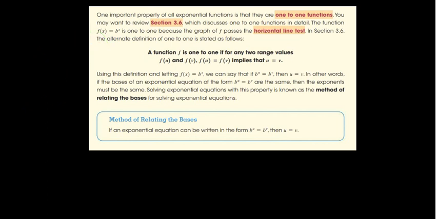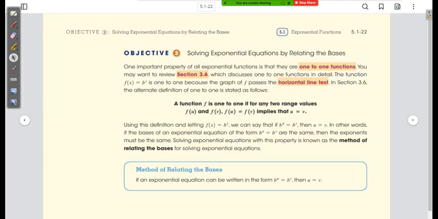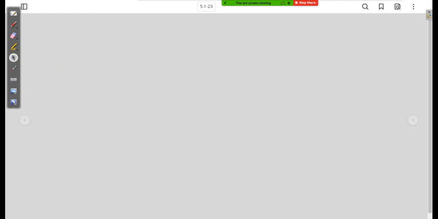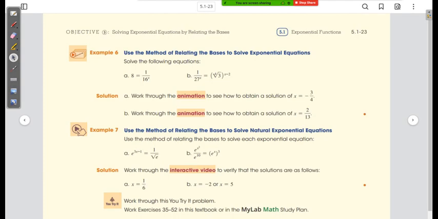And that's what we have down here when we are using the method of relating bases. So if an exponential equation can be written in the form b raised to the u power is equal to b raised to the v power, then u is equal to v. Pretty easy stuff, but you are going to have to think your way through it a little bit, and we're going to see that here in the next example. Okay, so putting that to work,